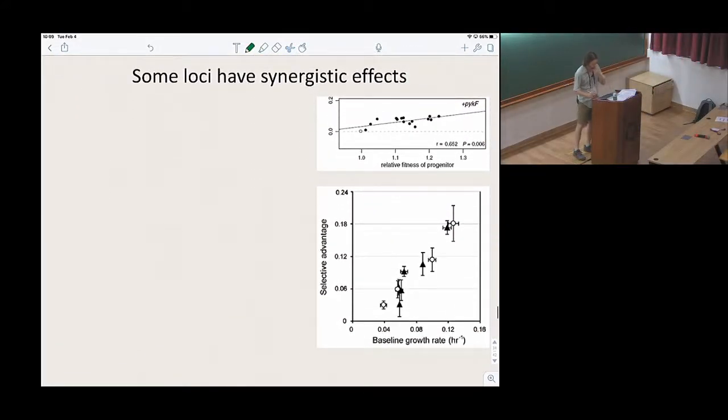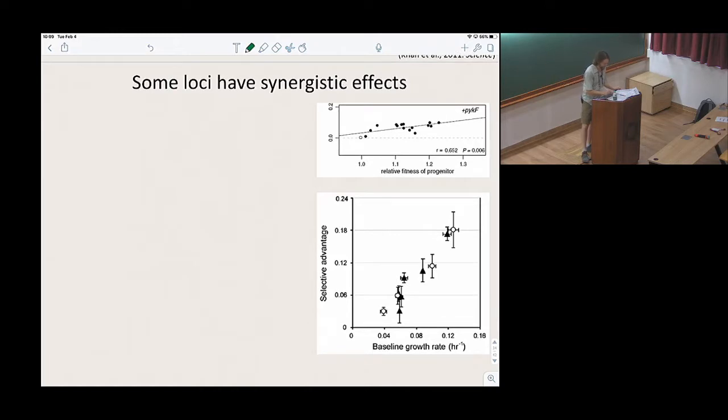It's not to say this is the only thing that could be seen. So let me see if I can keep track of what I left behind. 1 year later, all right. So there definitely have been loci with synergistic effect. So 1 of the 5 from E. coli, which happened to be part of the PTS system for glucose transport,